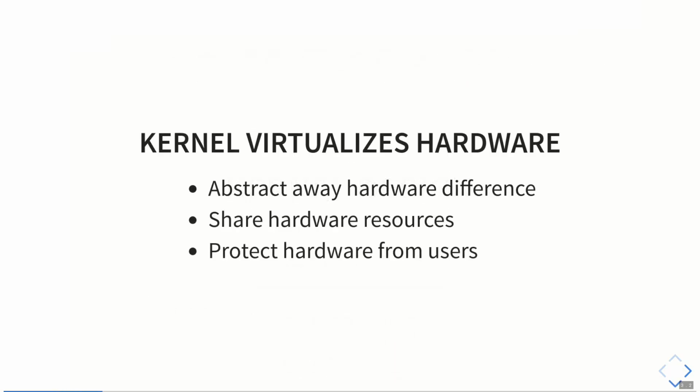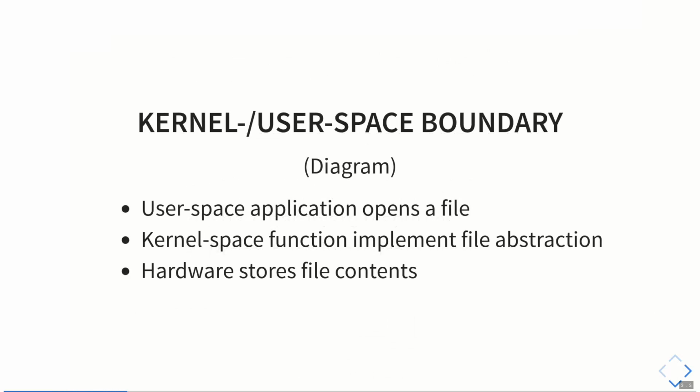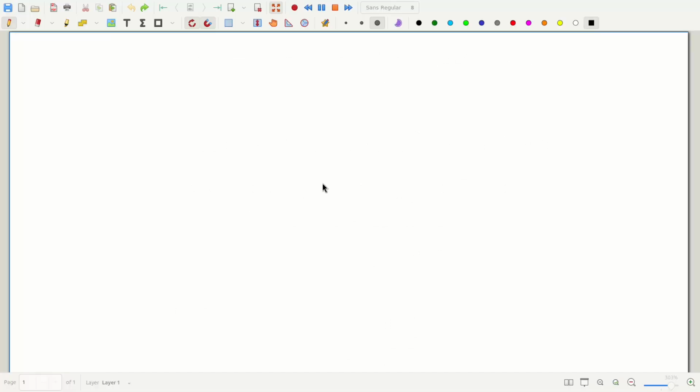So let me go into the kernel design very briefly. If you read chapter 3 of The Linux Programming Interface, this talks about this. And we already talked about this. It abstracts away hardware differences. And so one very simple way to look at the kernel is that it's kind of like a library. It provides this